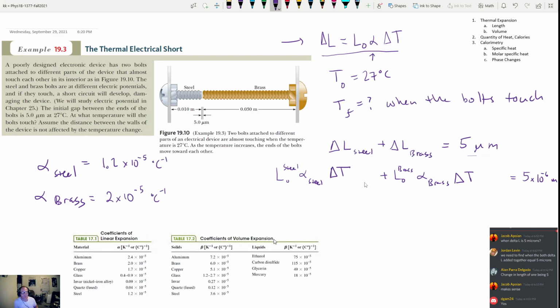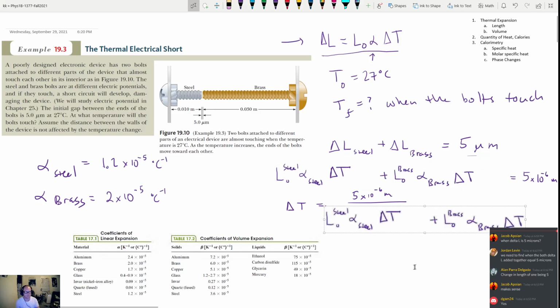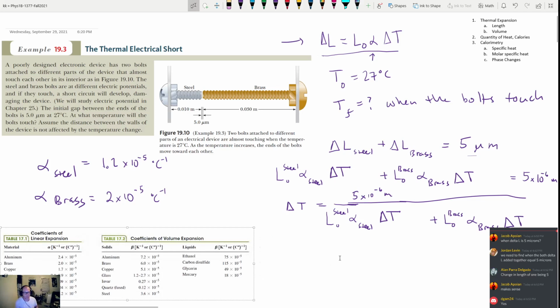Okay, so solving for change in T, what we'll get is delta T should be equal to 5 times 10 to the negative 6 meters divided by all of this. We'll just copy paste it. Just continue this line. And then we just need to plug all that stuff in. Alright, so delta T equals,